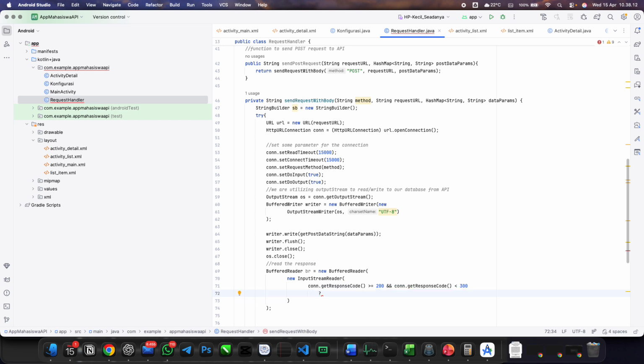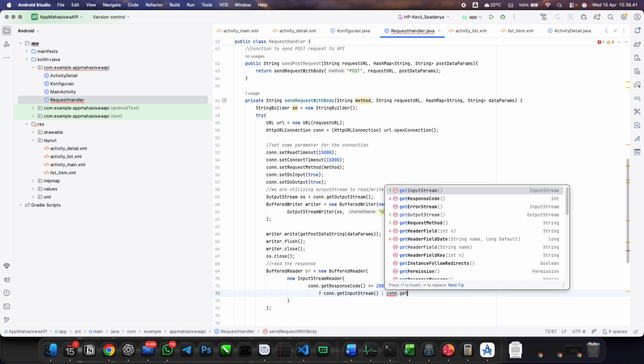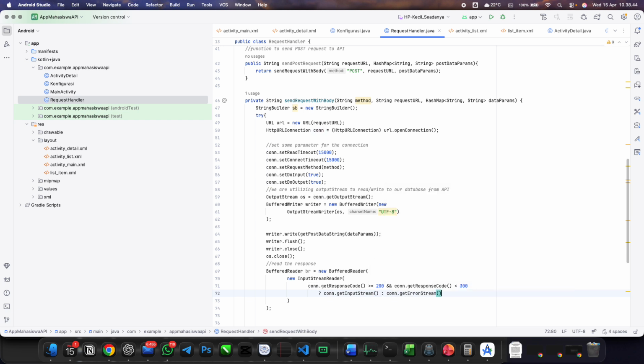If con.responseCode is larger than 200 and smaller than 300, we will get the input stream, con.getInputStream. But if it is not true, con.getErrorStream.